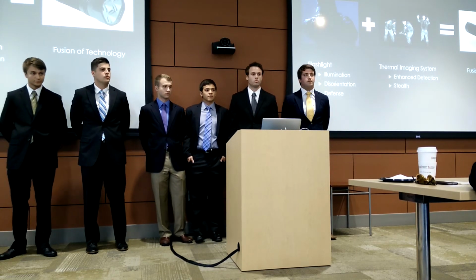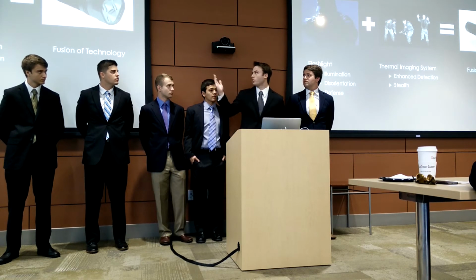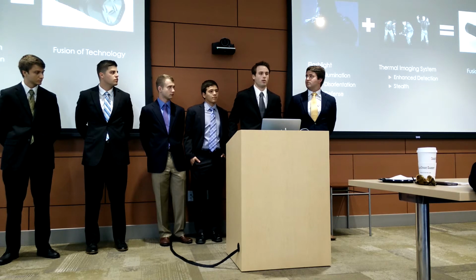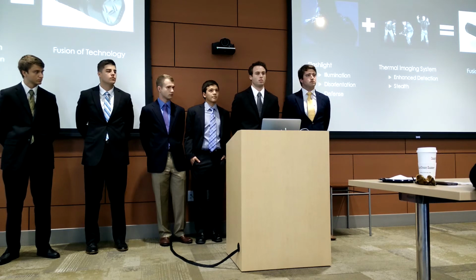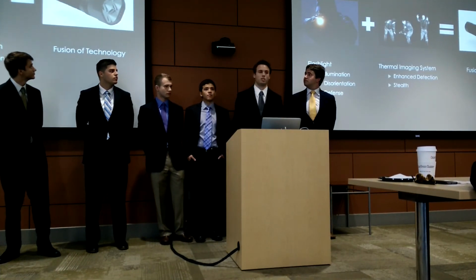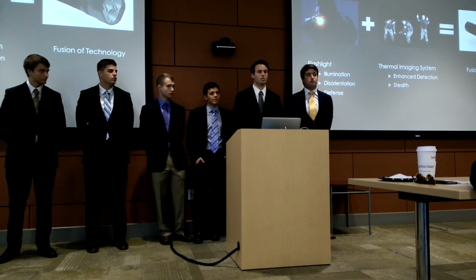How much does it weigh? It will be about the weight of a gun. This is going to be combined with a holster, so the holster and this flashlight will counteract the weight of the gun on the other hip. So it's no more than a couple of pounds. Yes, sir. And the lumen output is significantly above 2,000 lumens. It'll be around the 2,100 lumen range. For something that's